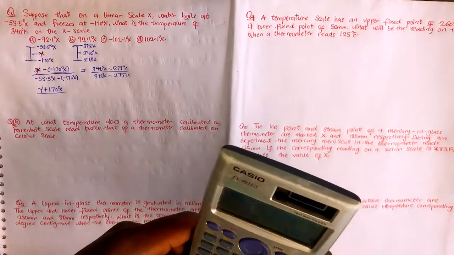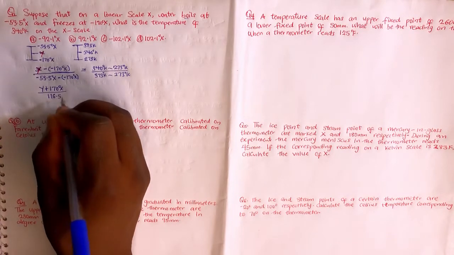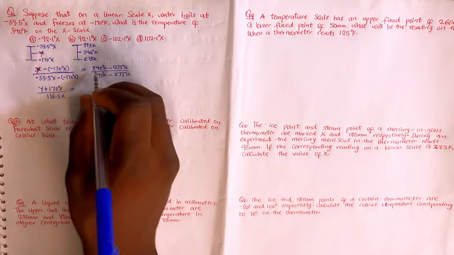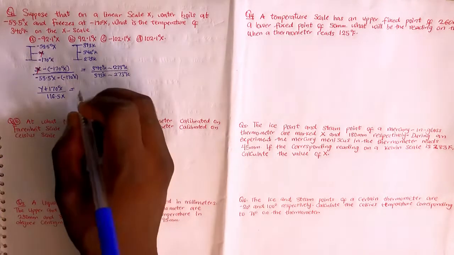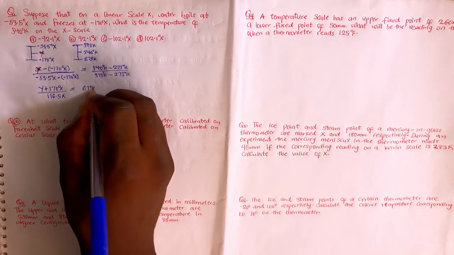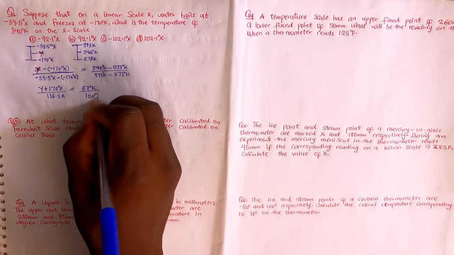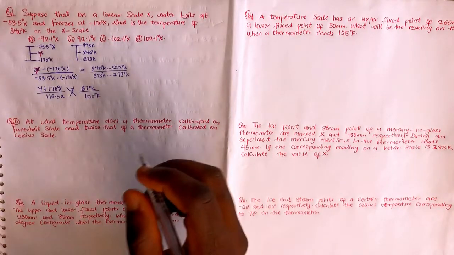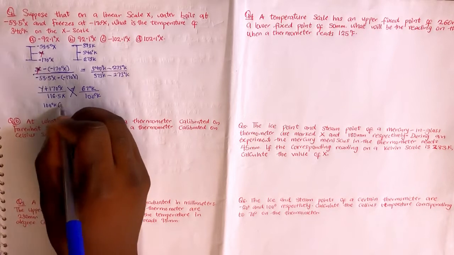This is actually 116.5x equals, here we're having 340 minus 273, that's 67 in this case. So you have 67 degree Kelvin divided by 100 degree Kelvin. So let's just cross multiply. We're having 100 degree Kelvin into brackets y plus